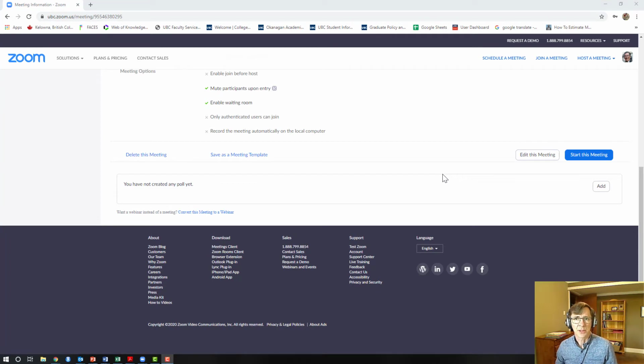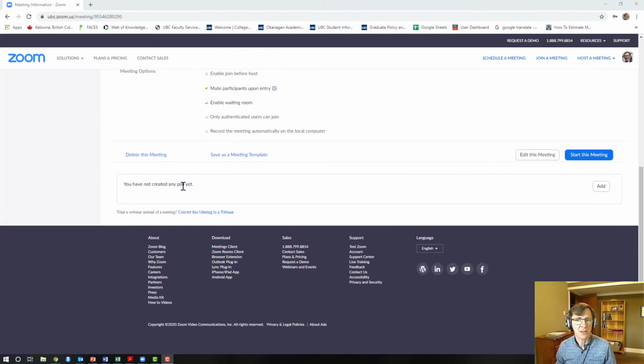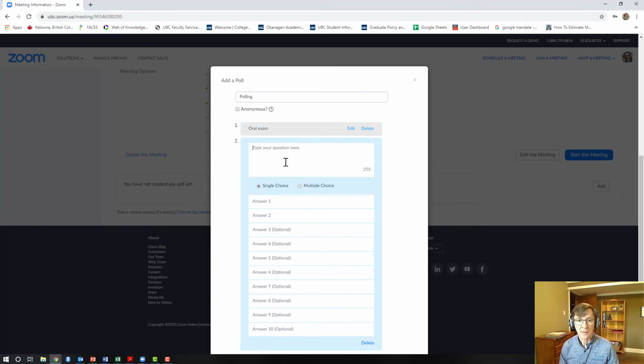Another thing you can do to make your neutral chair's life a lot easier is to create a couple of polls in advance for the oral exam, pass-fail, and the thesis or dissertation with its 4 various options. At the bottom of this screen, you can see a section here for polling. You want to add a poll. Title of the poll is polling. Question here, oral exam, pass, fail. Then you can add a question, thesis, dissertation,